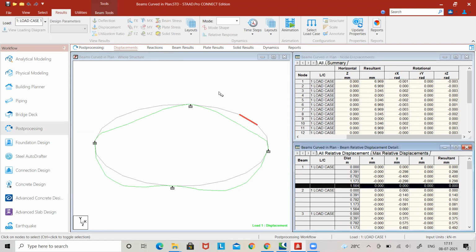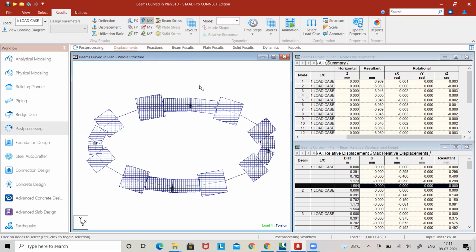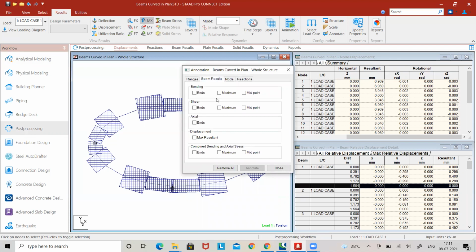Also, if we see the values of the bending moment diagram, the mz will get generated. That is a bending moment along z direction. Also, the torsional moment is going to generate. You can see the values by right clicking, going to annotations, and you can see the beam results. You can see the bending.